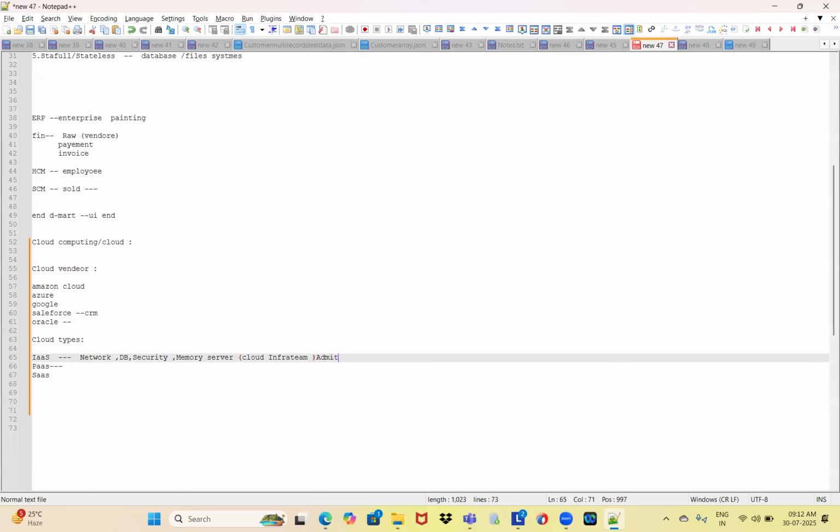The admin team will take care of the complete networking, what features we have, what type of security we need, how much data storage, what database we are going to use, and how much server memory needs to be allocated. So the cloud admin team takes care of infrastructure as a service.